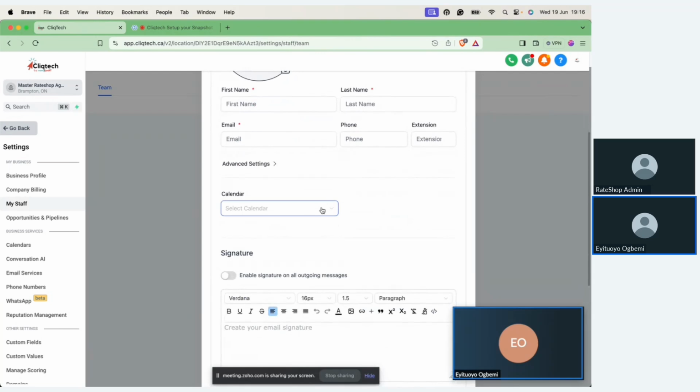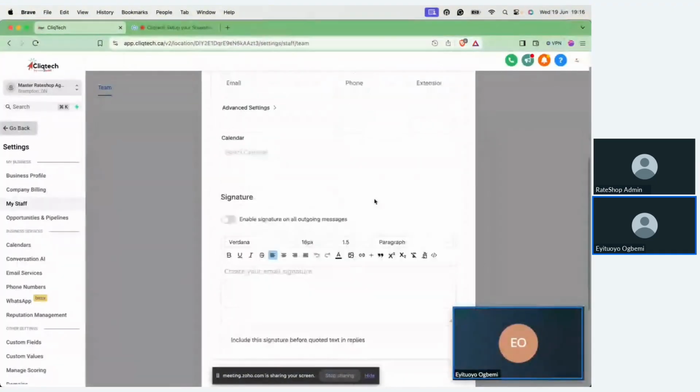Then, of course, you have to select a calendar. Now, usually there are two calendars already pre-built into your system. I would recommend you select the 15 minutes mortgage review calendar, which I will show you how to do shortly. Then your signature. I like